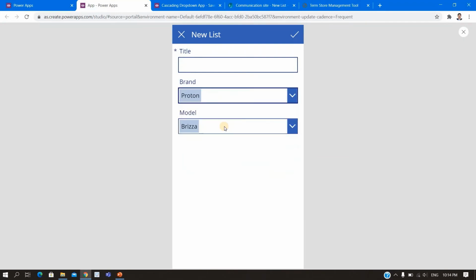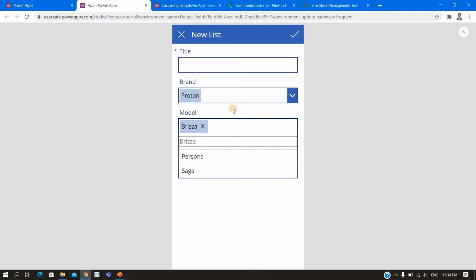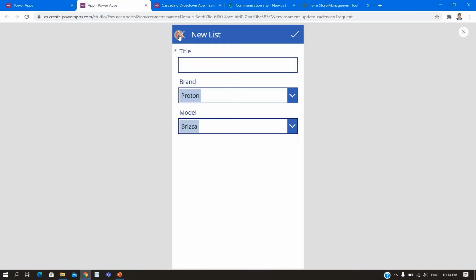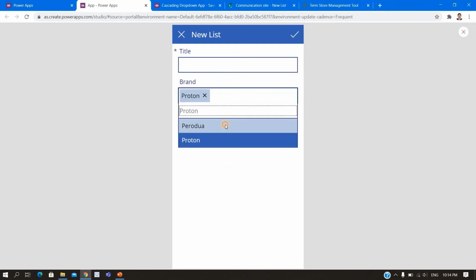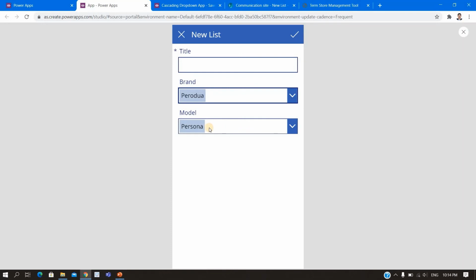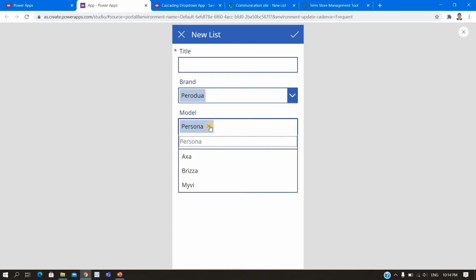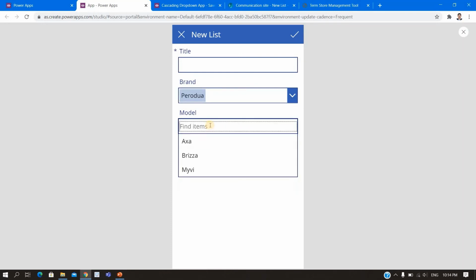Now there will be one problem. If I select this Proton and I select Persona, now if I change it, it will not change, though Persona is part of Proton, it's still there. Okay, so now I need to reset it.